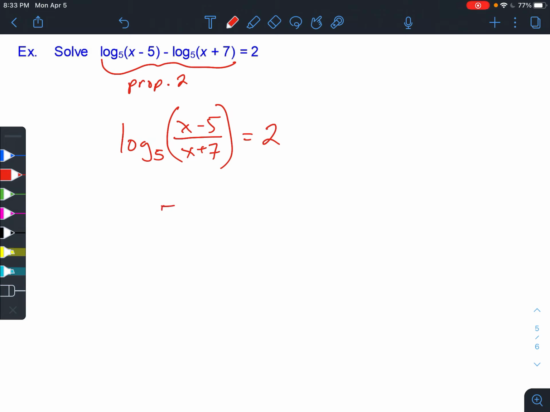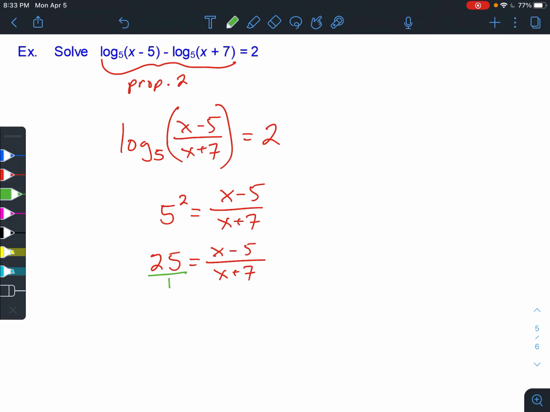And so in this case, I get 5 to the second equals x minus 5 over x plus 7. And of course that 5 to the second can become a 25, which gives me something a little more user-friendly to look at. Since I have a fraction on one side, I probably want to think of that as a cross multiplication situation. If I do that, I get myself a 25x plus